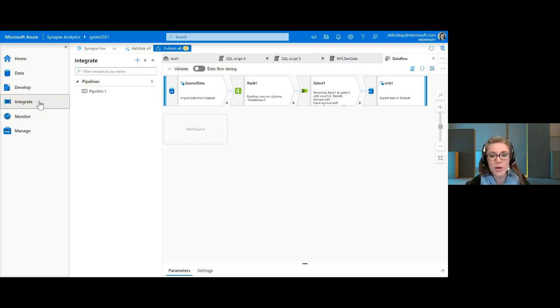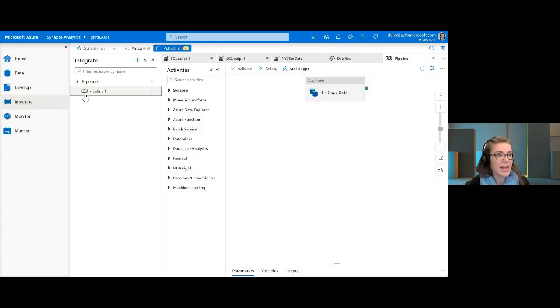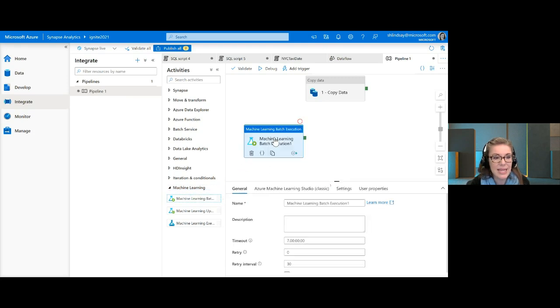And this is where you are going to manage your orchestration pipelines. So you'll see here that you get a designer that is essentially the same as Azure Data Factory. So I'm not going to talk through all of the available activities in here, but note that you can create pipelines by clicking and dragging them onto the canvas here. So let's say that we're going to create a machine learning pipeline. It is simple, and then you're going to configure everything right here in the console.